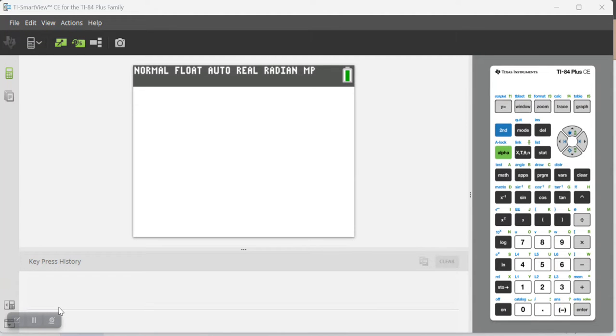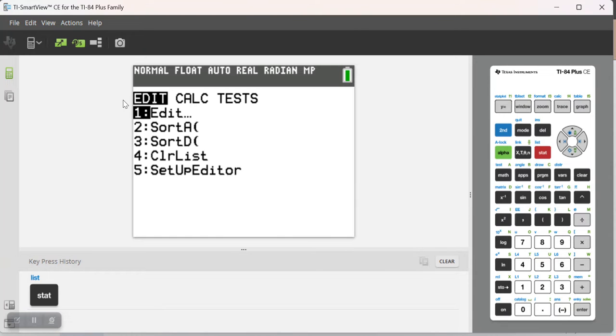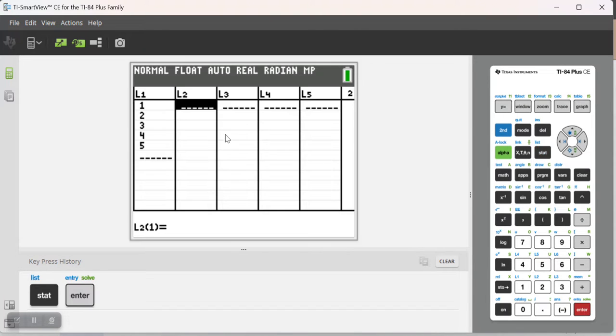In this tutorial, I'm going to show you how to do operations on the elements of a list. So let's say you've got one of your lists set up in stat, so stat edit. I've got the numbers 1, 2, 3, 4, and 5, and I want to do something to these numbers and store that in a separate list. Right, so what I'm going to do here is exit out of this,